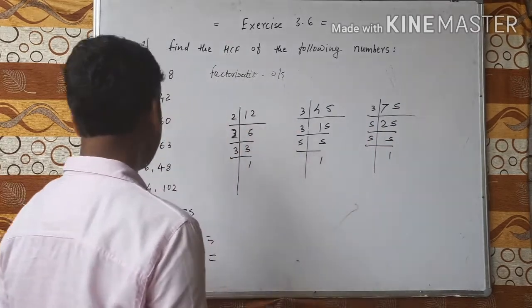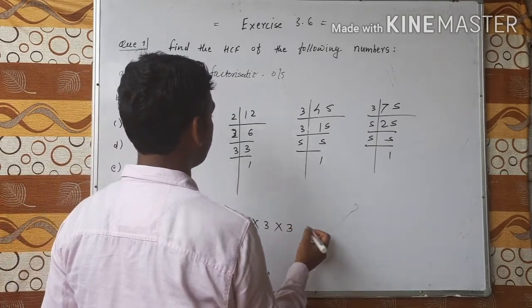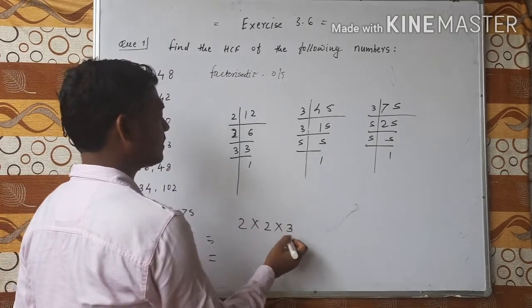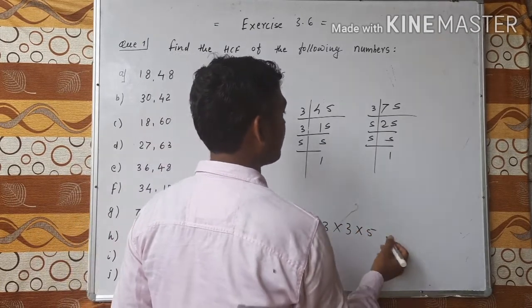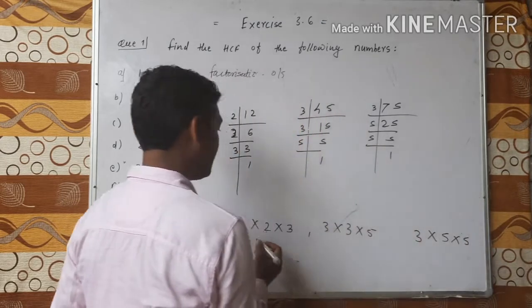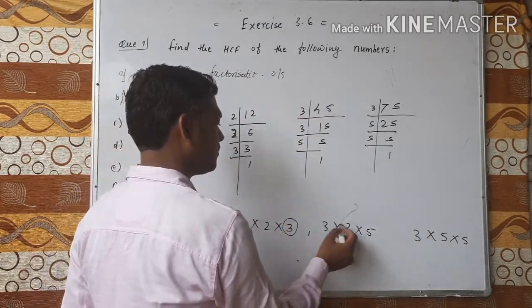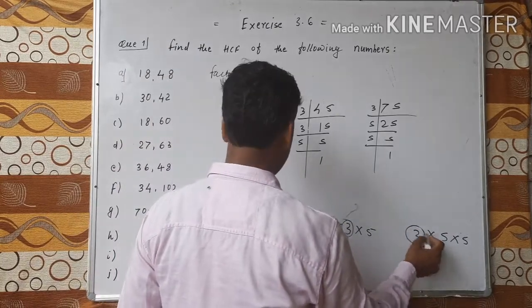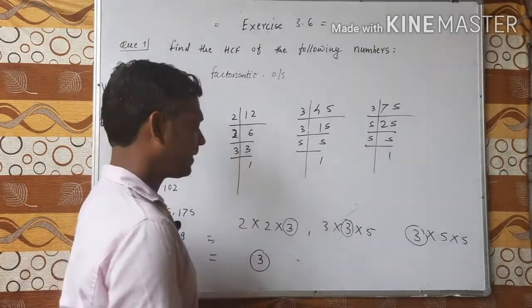Then multiply their factors: 2, 3, 3, 2, 2 and 3, 3, 3 and 5 and 3, 5 and 5. Again we pick out the common factors, that is 3, 3 and 3, and 2 is not present in all the numbers. So 3 is finally the HCF of the